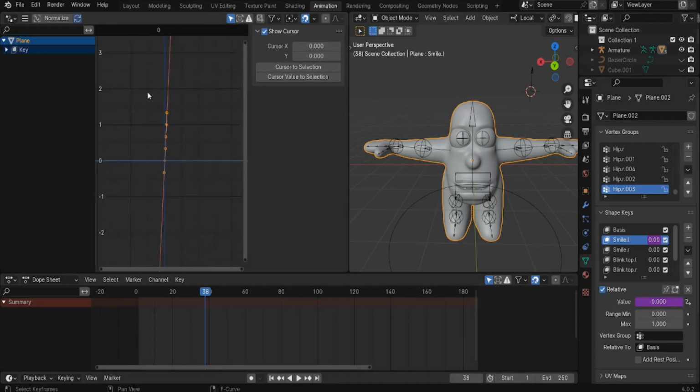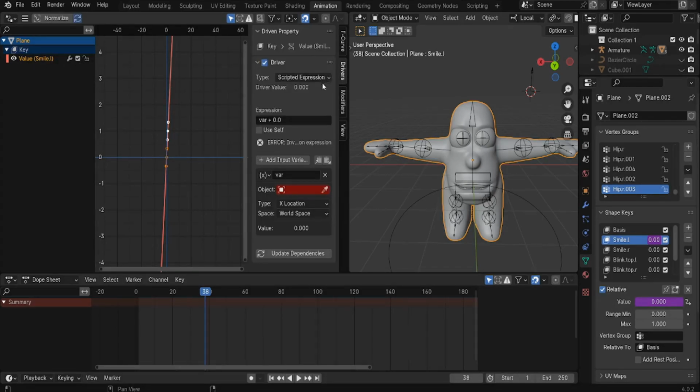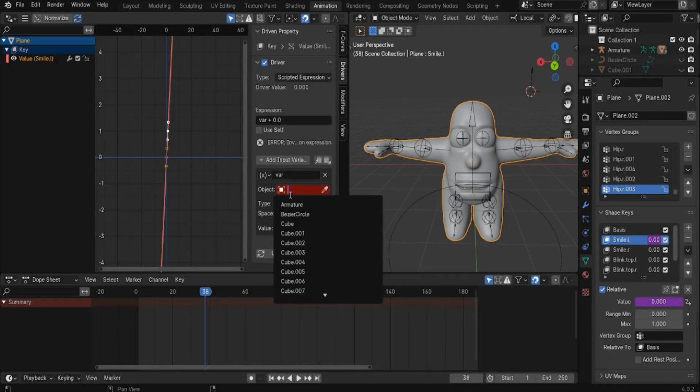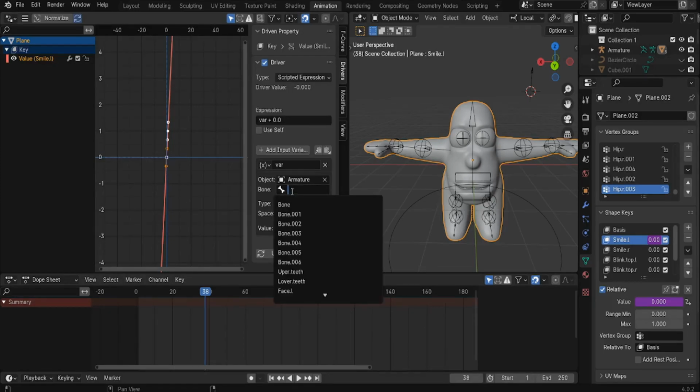Now, to attach a shape key to a rig, this is what you need to do. You have this key icon here. Open it and you will see all the shape keys that you gave driver to. Select the shape key that you want to attach to a rig and open the driver setting. Here at the object, select your character's rig, and at the bone, select this bone to which we added limit